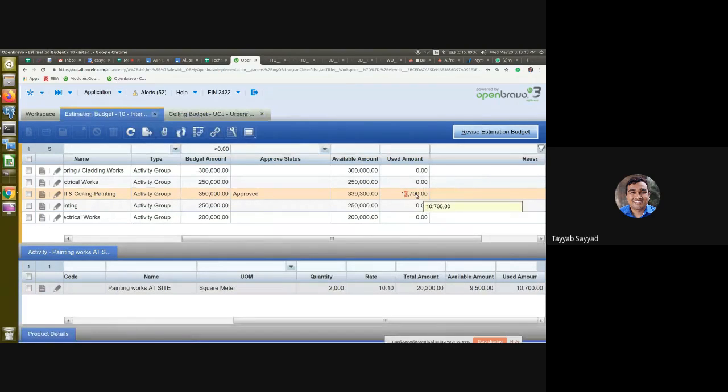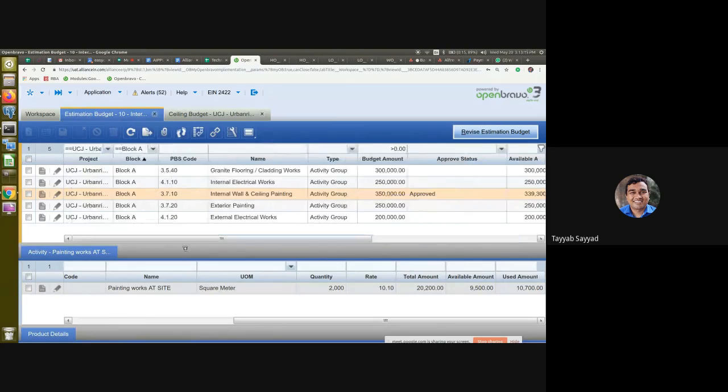So this is the budget availability. You can check with this one. Okay. And should we show the revision of the ceiling budget also, the detail budget? Let's take a break. So after the break, hello. Yeah, I think we'll finish the revision part now, Syed, and take a break. And after the break, what we should do is we will show all the reports and address all the questions or doubts that we might have.